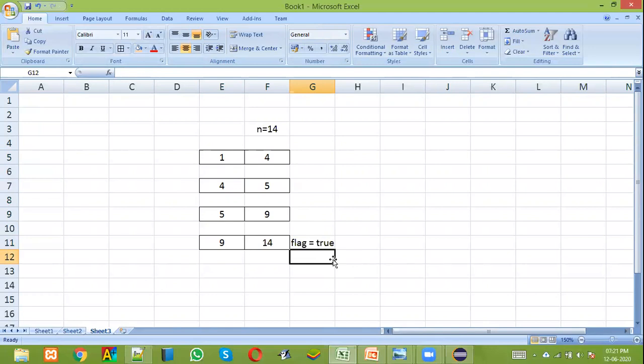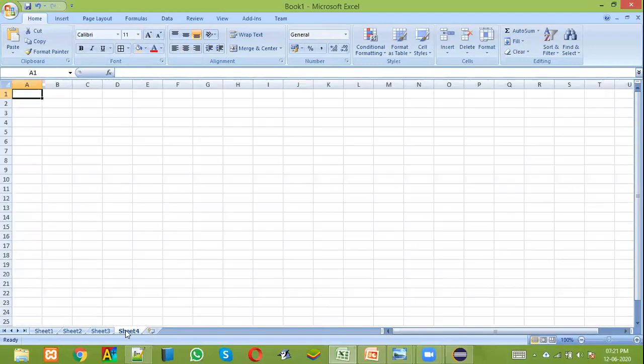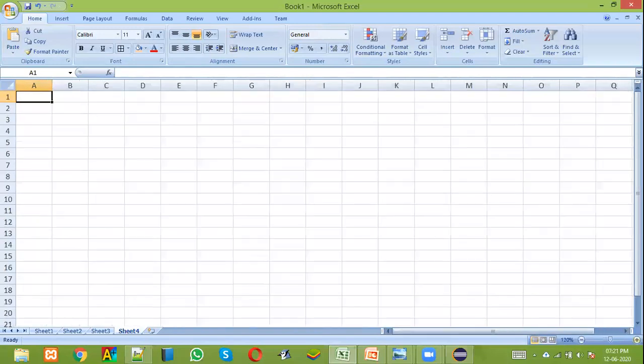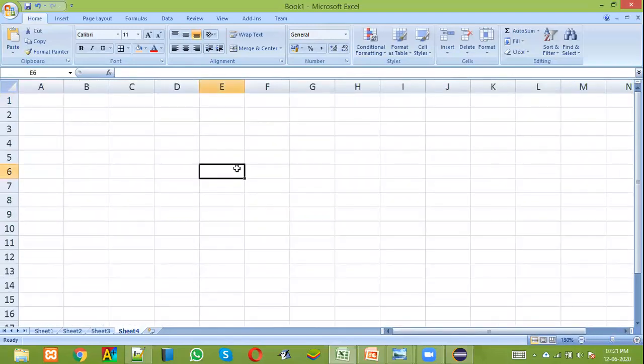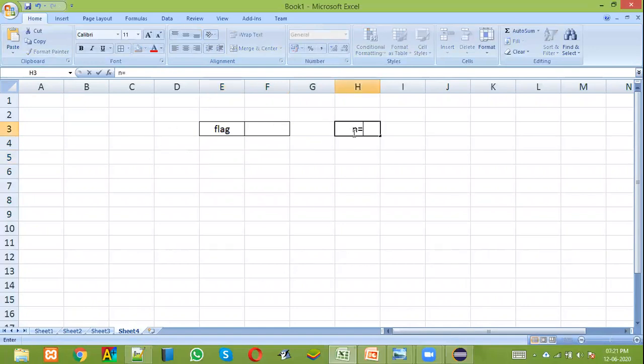Are you understanding? Now we'll see one more example where the number is not a Keith number, to understand the negative process. How we will show that it is not a Keith number. So flag, I'll just keep flag as such. I'm not going to modify the value of flag, just keep flag without any modifications. Now let me take an example of n as 13.